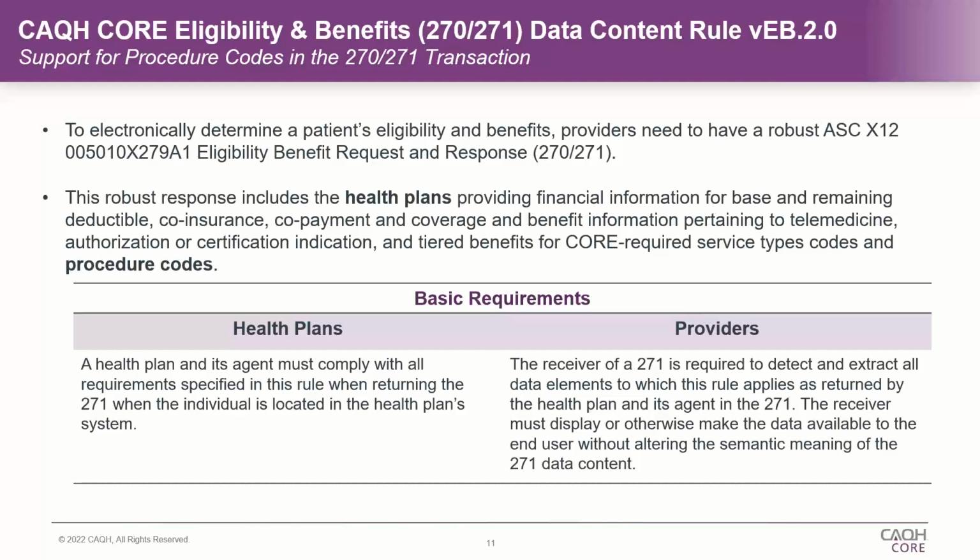The standard today already, 5010, allows for health plans to provide very detailed levels of information back to the provider. So it's actionable. They don't have to pick up the phone to find out what is covered under bariatric surgery, because that can actually be returned today in the 5010 version of the X12 transaction.